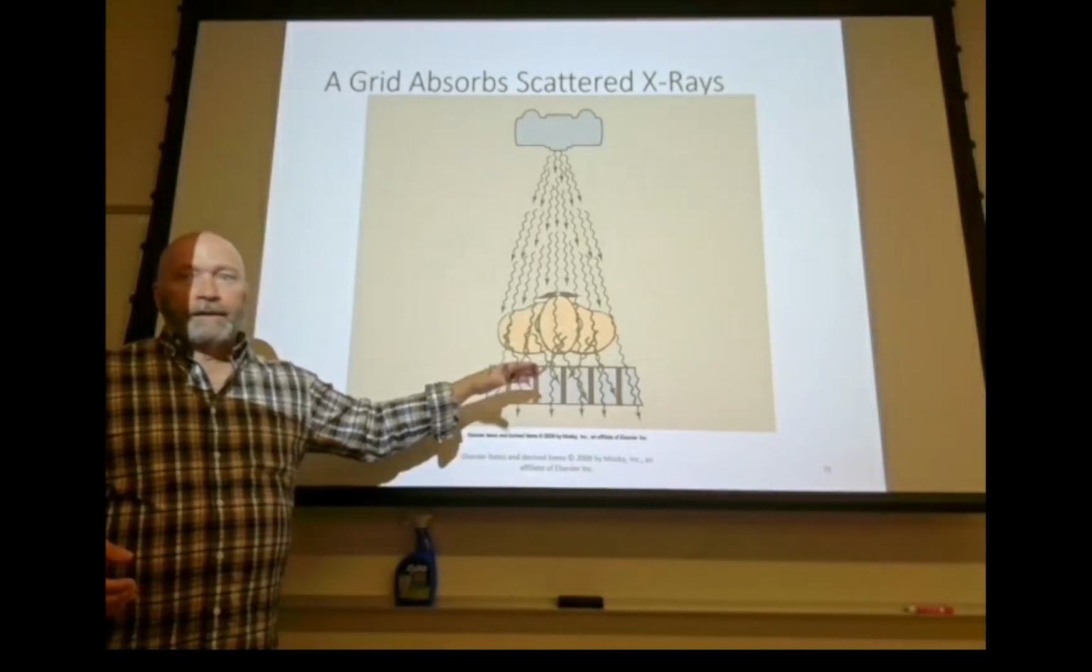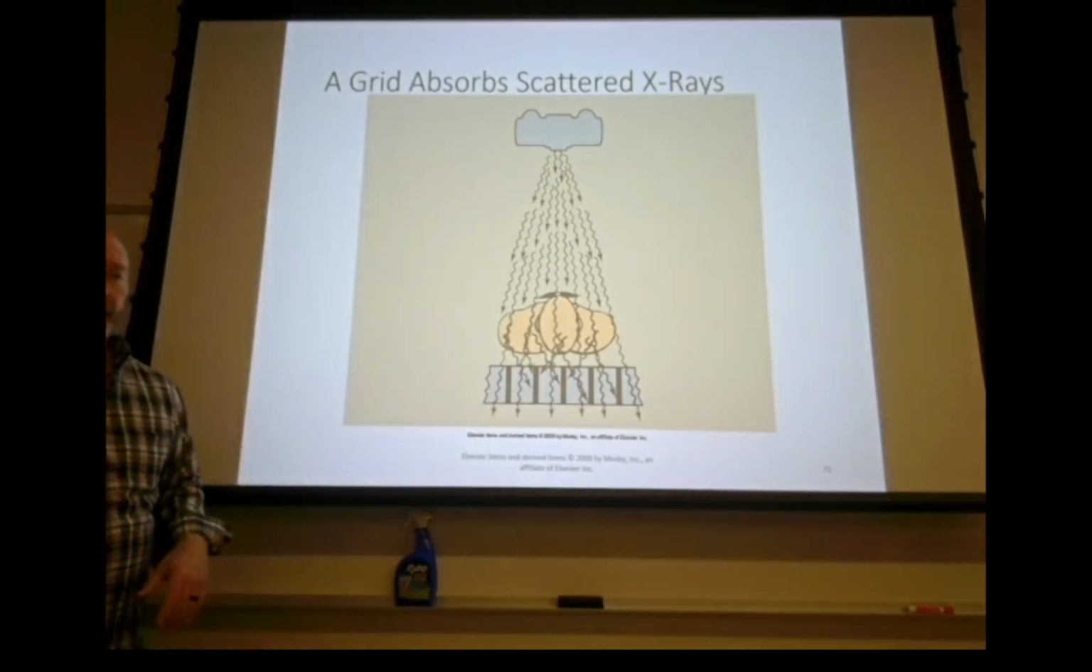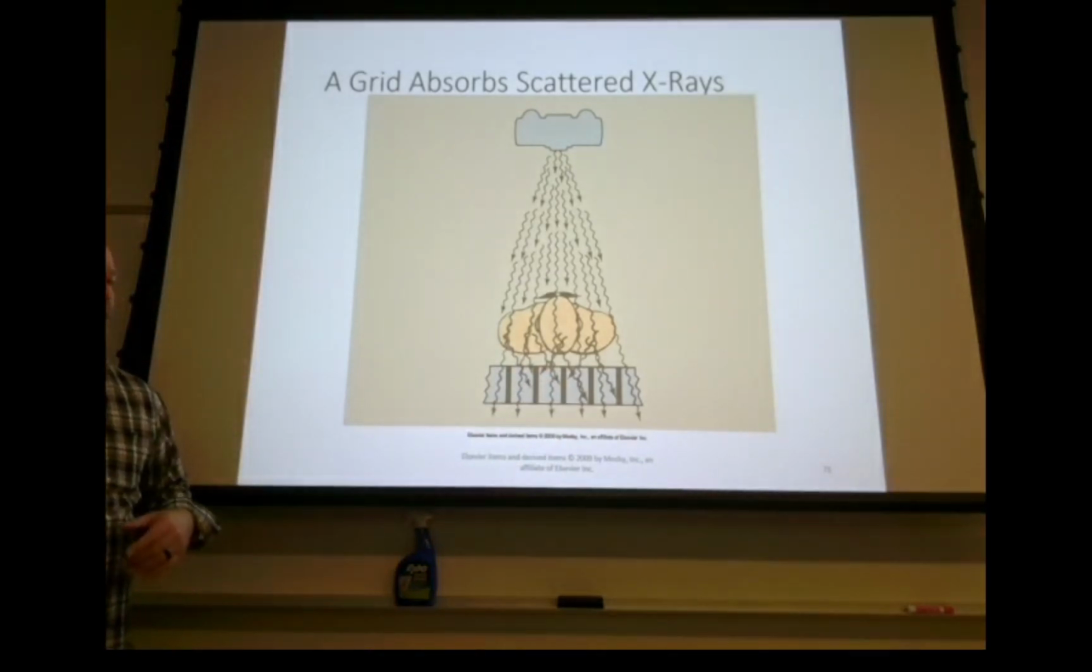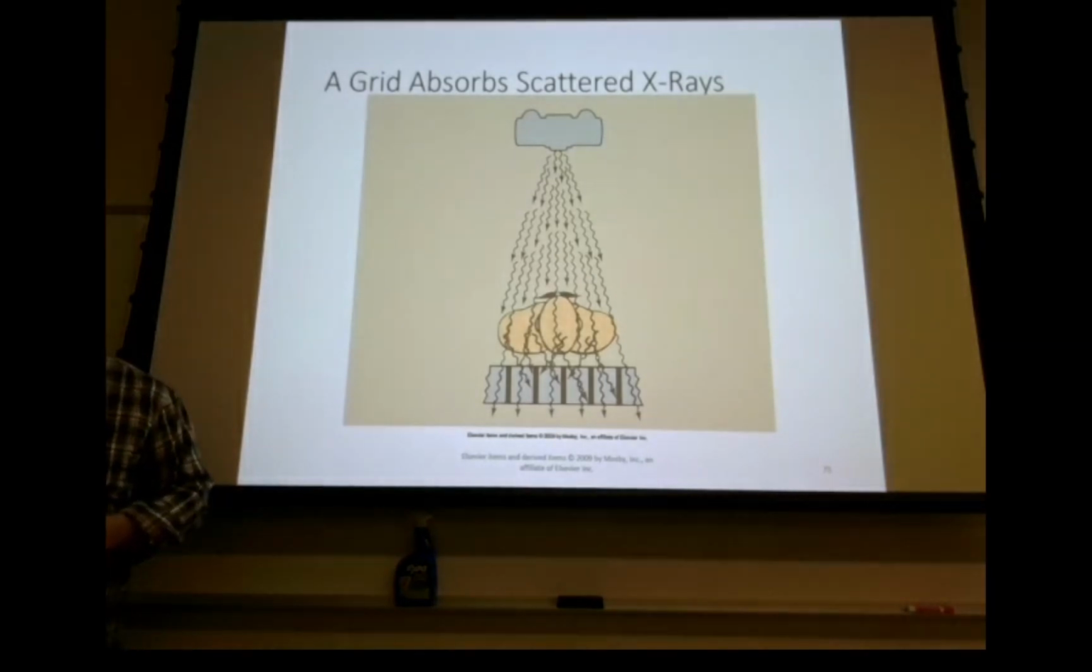So what we're mainly going to focus on are physical grids. We're going to talk a little bit about air gap technique, and then we'll talk just a little bit about virtual grids